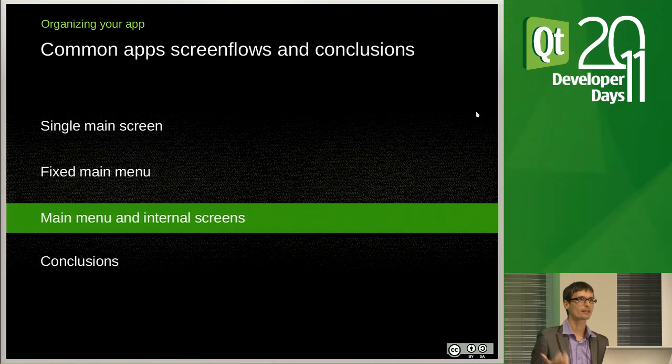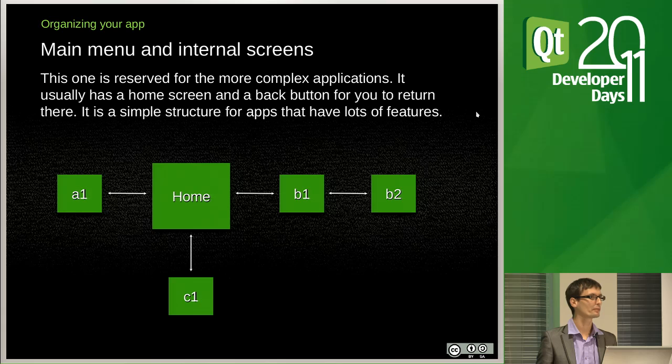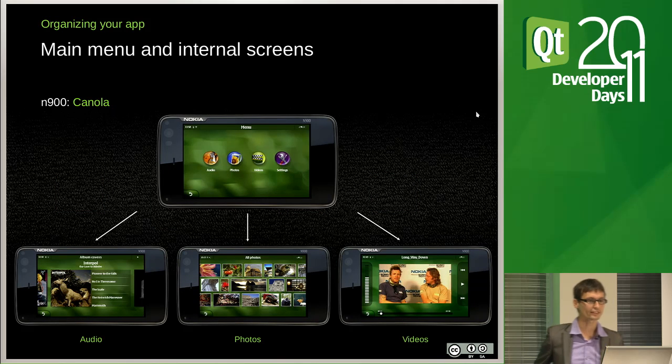And the last kind of application you can do in QML is the most complex one. It's the application with multiple screens. So you don't have anything in common between the different screens. And most of the time, in this case, you'll have a home screen. Okay? So an example here,